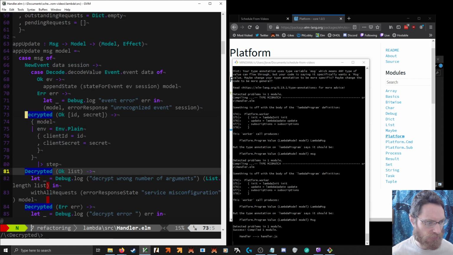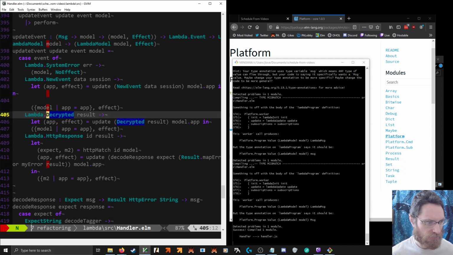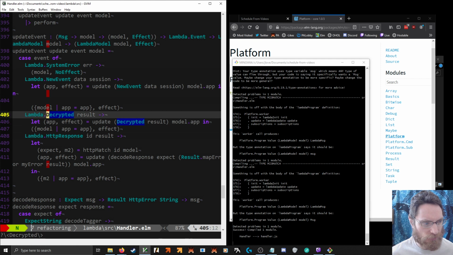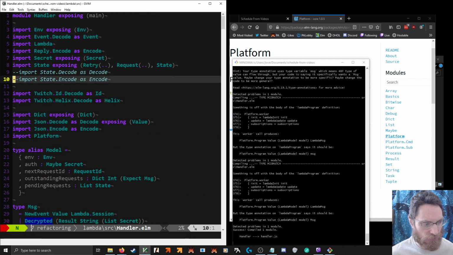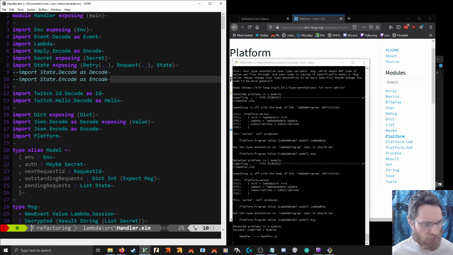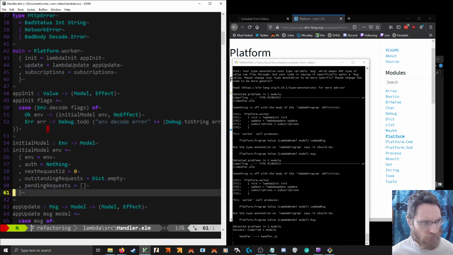We've got decrypted. And then got token is an HTTP response. So without doing a full subscription system, one thing we could do, well, I haven't actually tried implementing this yet. Can we say,